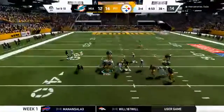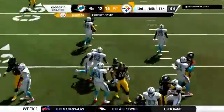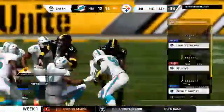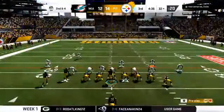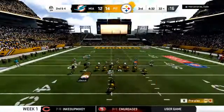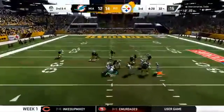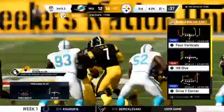On 1st down, here's Breida. And he gets it down to the 32. He'll get a nice chunk there on the 1st down run, and it's 2nd and 4. Let's talk a little football 101 here, because one of the keys to advancing the ball downfield is success on 1st down. Huge difference, as we know, between 2nd and 4 and 2nd and 8 and 9. On 2nd down now, it's Hunt, and he gets stopped up at the 31 after a gain of maybe a